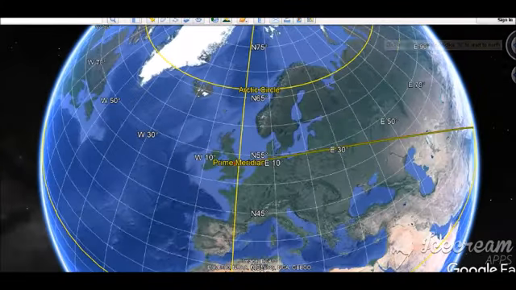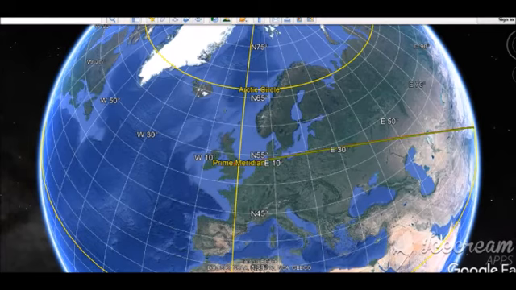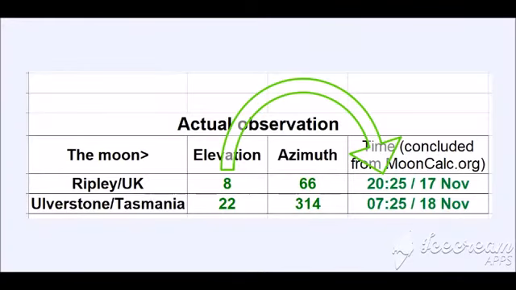So the experiment was to measure the elevation angle and the azimuth of the moon at the same time from both locations. And here is the outcome. The elevation angle for Dave was 8 degrees and azimuth of 66. In Ulverstone, it was 22 elevation and 314 of azimuth. So I had to check these numbers against mooncalculator.org, and I found that the elevation angle of